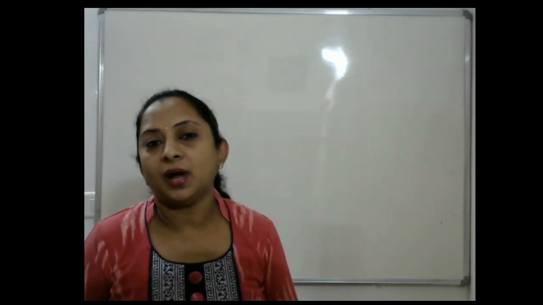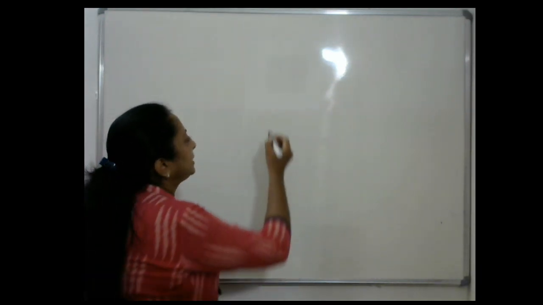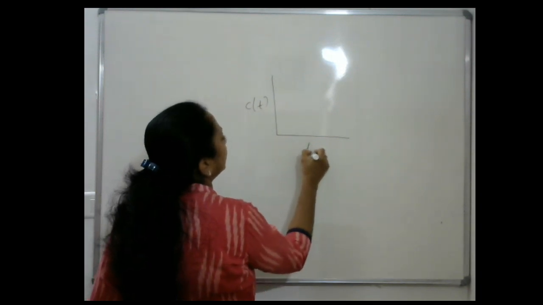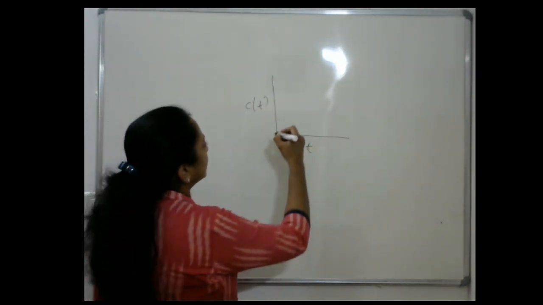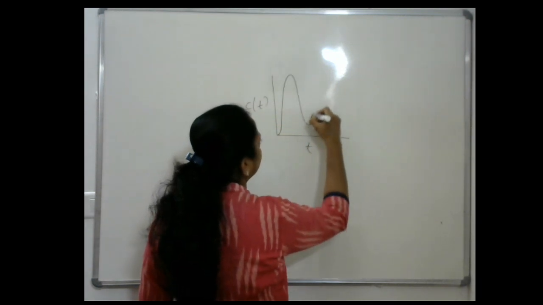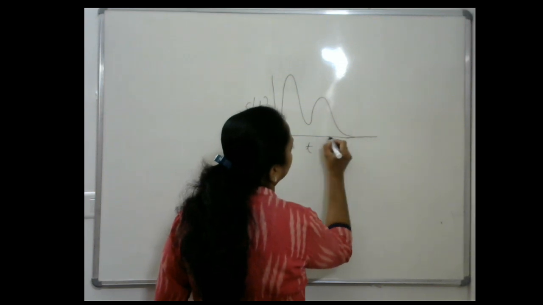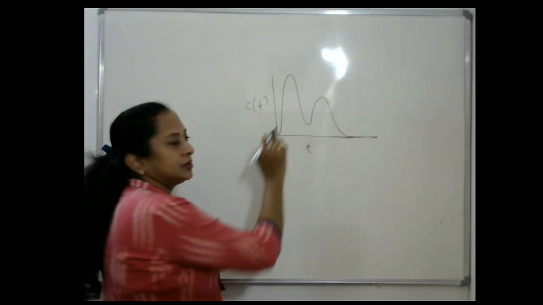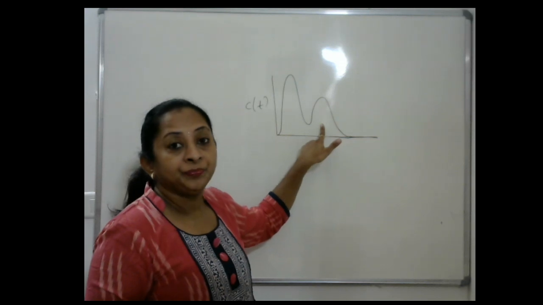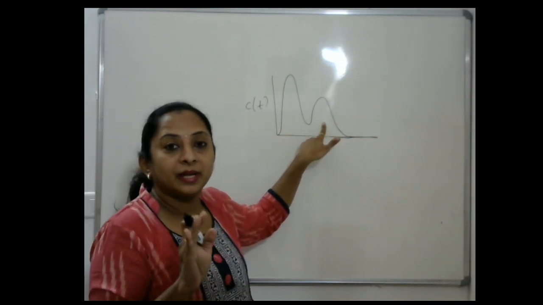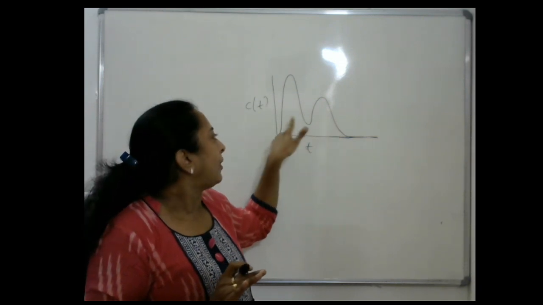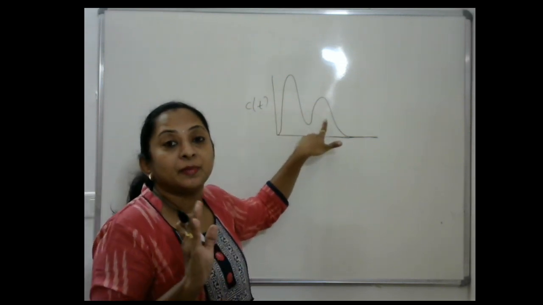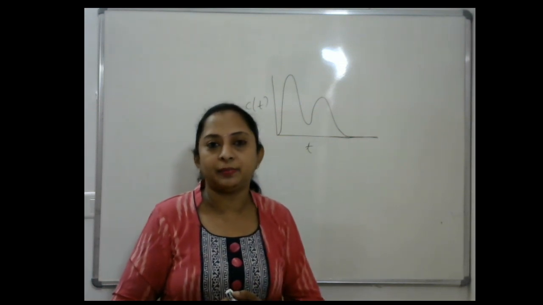When they carried out the RTD experiments, they plotted the C of t versus t curve. So this yielded a nature in this way. Looking at this nature, what do you understand? The reason may be some non-ideality. Because of non-ideality, there are two channels, and two channels will give this type of loops. There may be channeling happening in the packed bed.